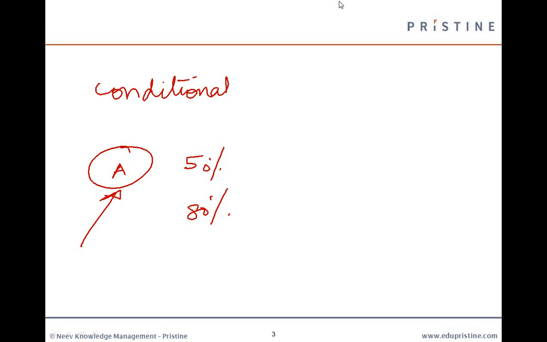A slightly different way of asking this question is adding a condition. Condition means adding a situation. So I may ask, tell me the probability of A, that is India beating England, given that some condition B has already occurred. The way I denote this is through this notation, A bar B. In our example, B could be something like rain occurring in the cricket match, or rain occurring on that day, right? So P of A bar B is read as the conditional probability of A occurring, where A is the event of interest, given that B has already occurred.